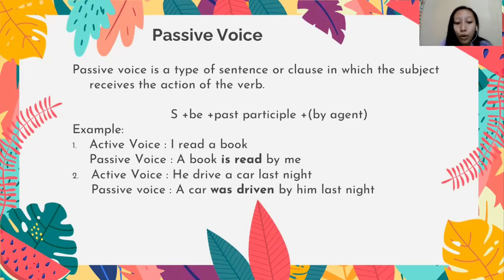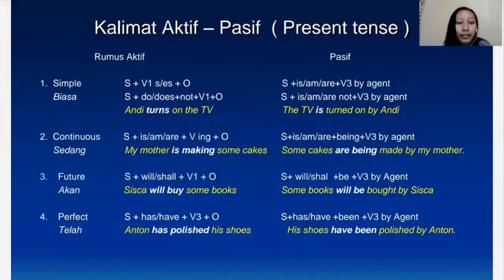However, if we want to express who or what is performing the action in passive voice, we use the preposition by. Like example number 1, a book is read by me. The passive voice is often used in formal text. Switching to the active voice will make your writing clearer and easier to read. Next,